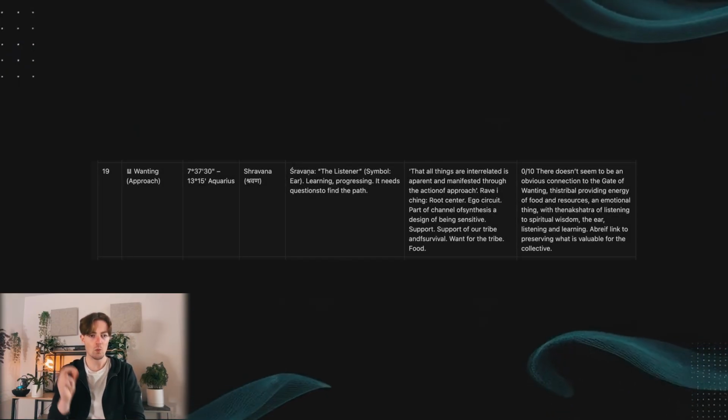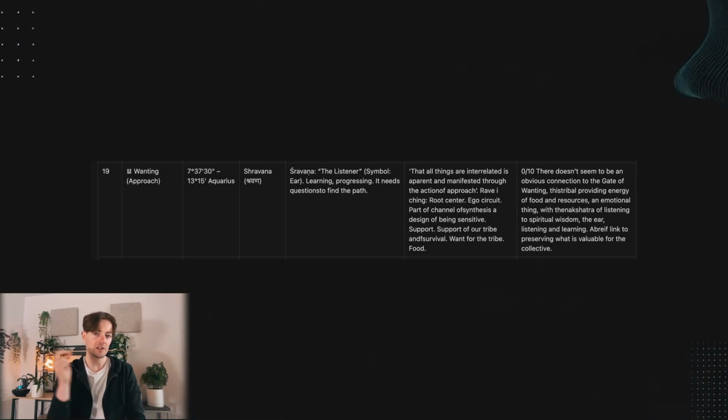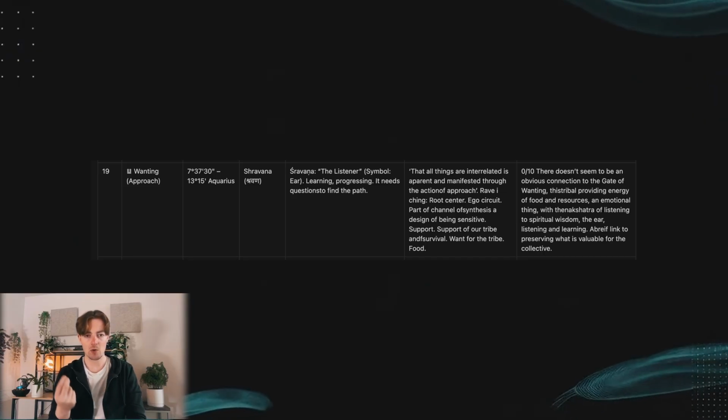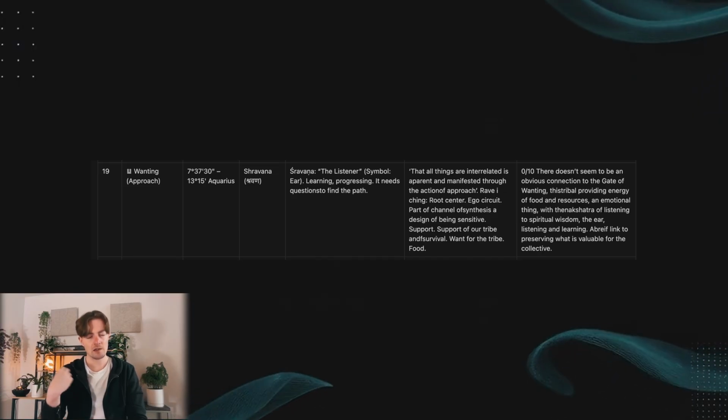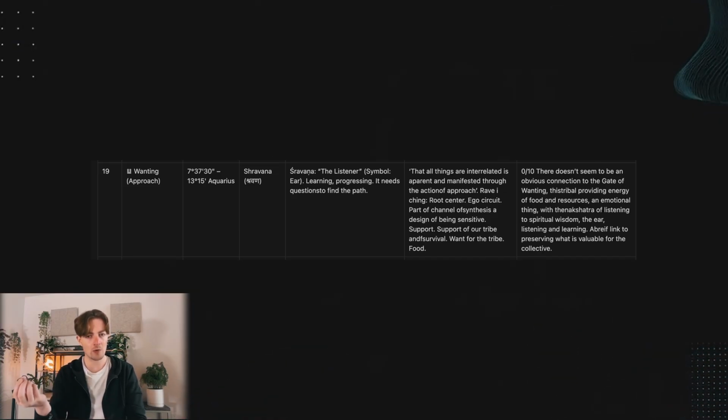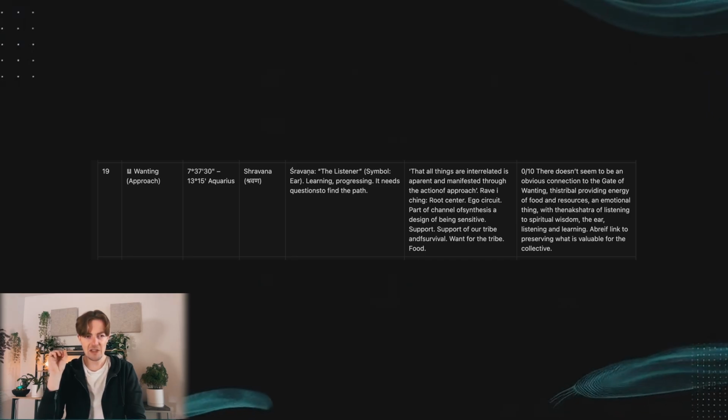Gate 19, wanting, the gate of approach. This goes from 7 degrees to 13 degrees Aquarius. We are in the Shravana Nakshatra. Again, Shravana, the listener, ear, listening to spiritual teachings, wisdom, sound. The notes that I have for gate